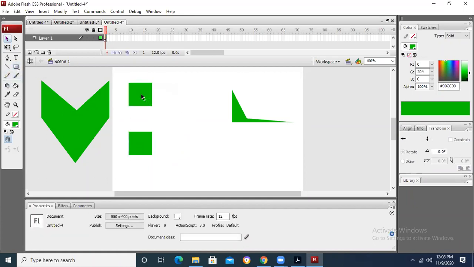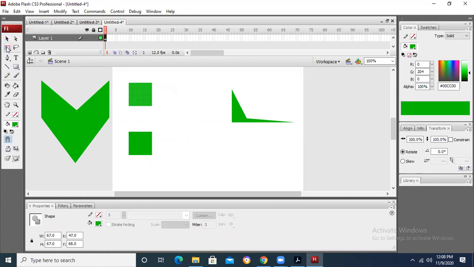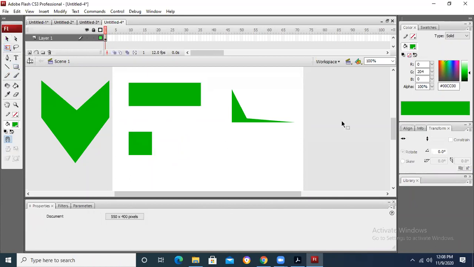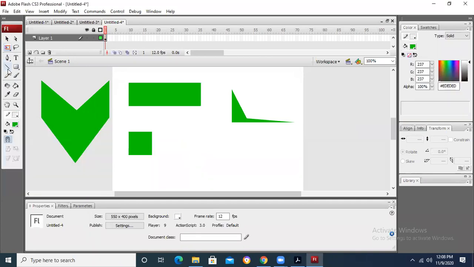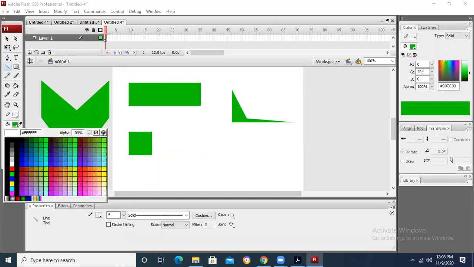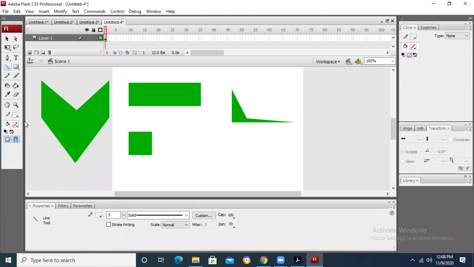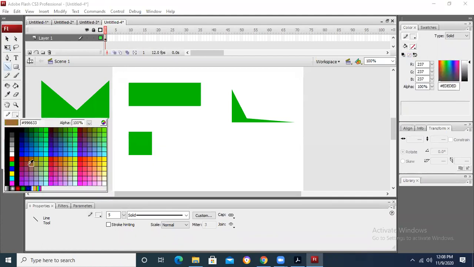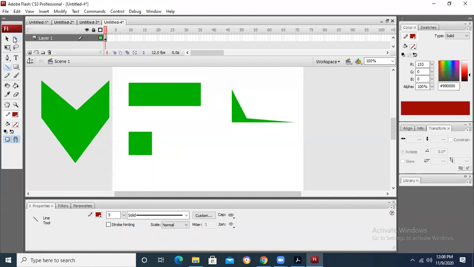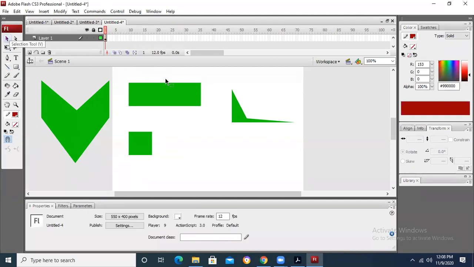Just like this is a rectangle, this is a triangle, a square. How can I cut it? See the steps. This is the line tool. I take a line tool without any fill color, with some other color, and I draw it over here.